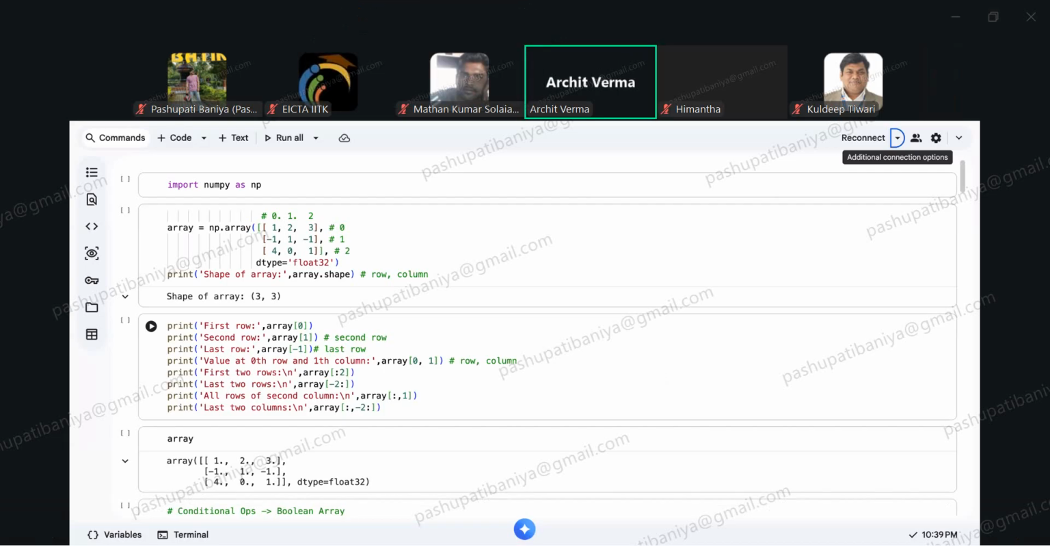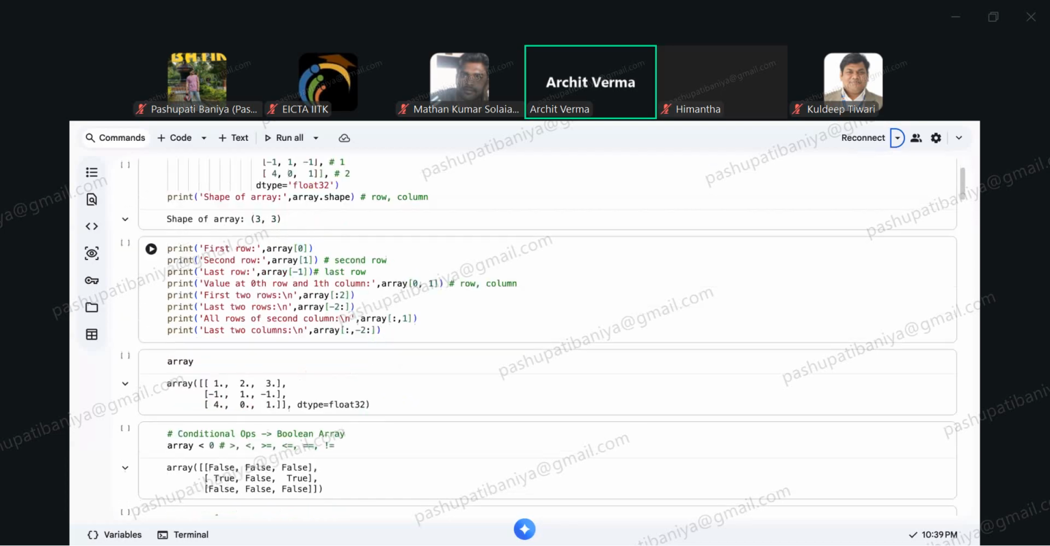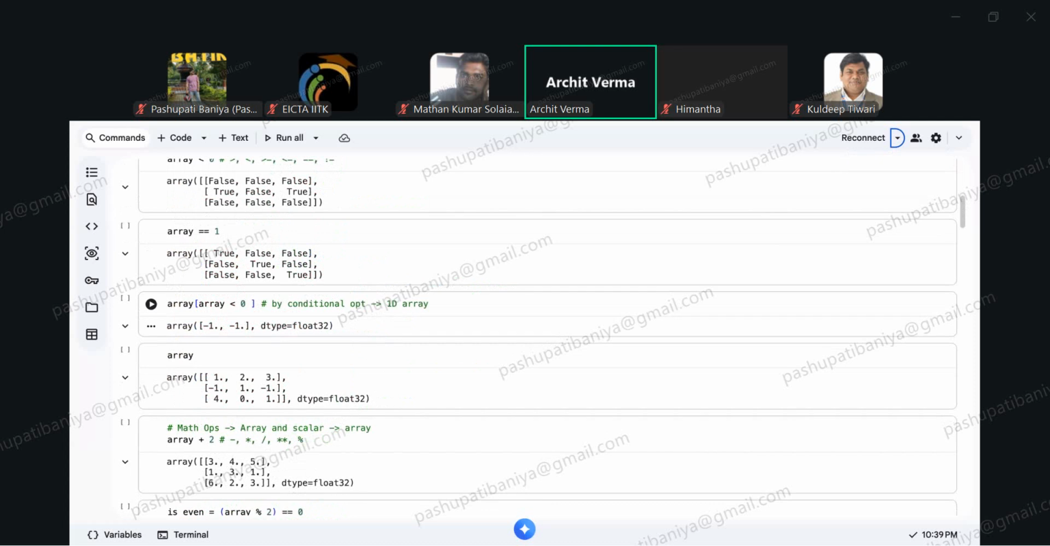This is all what we have covered yesterday. We have done with the NumPy. We have seen the 2D array in the NumPy. Then we have covered the basic methods and functions in NumPy. Now let's start with the